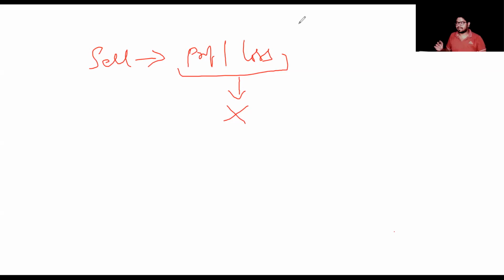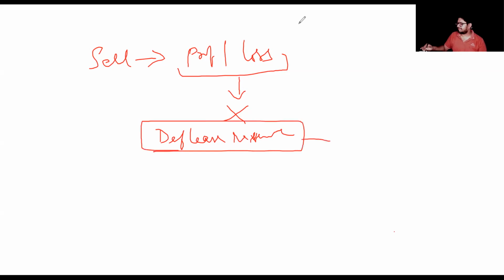Instead, what is supposed to be done is a deferred lease reserve account is to be created, into which you would be transferring the amount of profit or loss on sale of the asset. This deferred lease reserve is going to be written off over the lease period by the lessee. This is what's supposed to be done whenever there is a sale and lease back transaction. Now, I'll take it with an example.